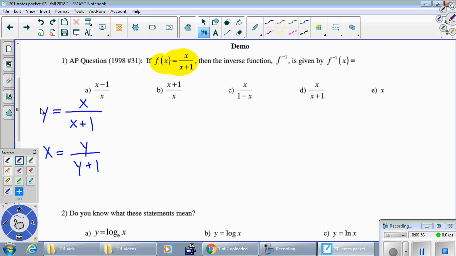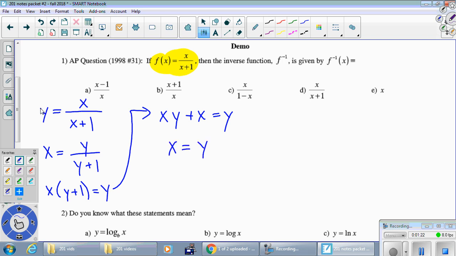All right, so there's a couple of y's here. I don't like that they're part of the same fraction. Let's multiply both sides by y plus 1. This will get rid of the fraction. Now there's y's on both sides of the equation. So we're going to distribute the x first to unbury the 1y on the left. And then we're going to get all the y terms over to the right-hand side of the equation by subtracting